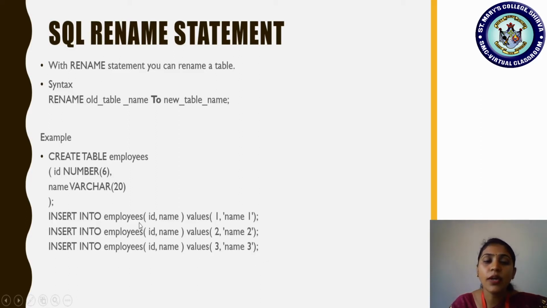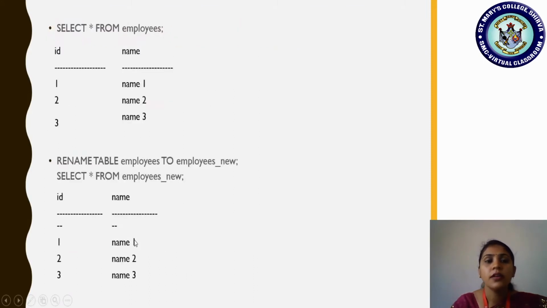So the way I have shown in the slide is a proper format, or else we can skip this parenthesis information and directly use insert into employees values. Okay, so we have created the table, we have inserted the values. Now, how to display the information? Select asterisk symbol from employees.